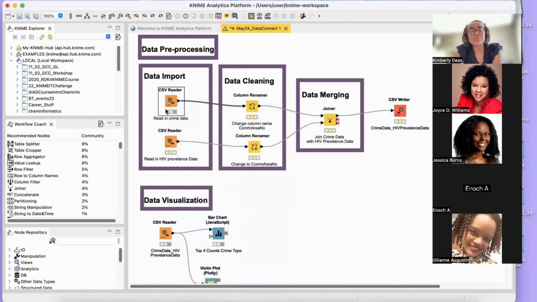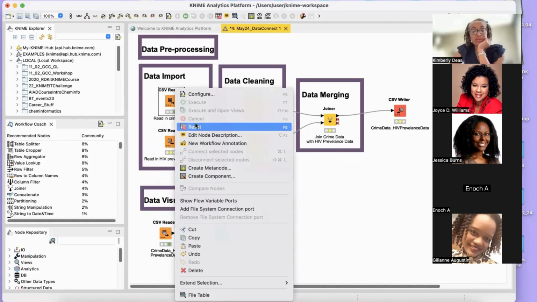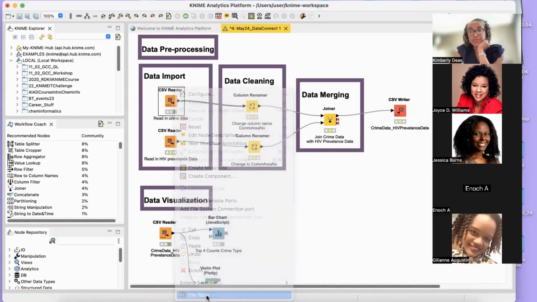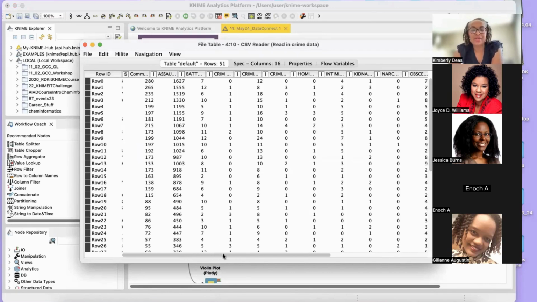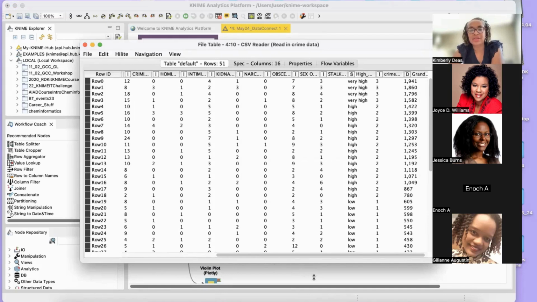And then when I do, it goes to the green side, and now I can look and see what it looks like. So the way you would look at the output is you would click on File Table, and then it gives you what you have. Okay, I'm going to run over, guys. I should have said this was going to be longer than this. So this is the output of the file. Okay, so obviously I don't need all of this.